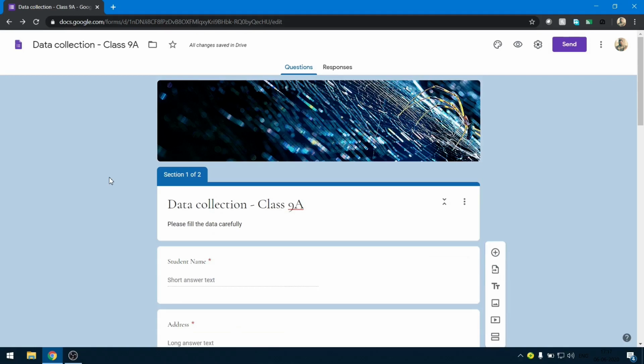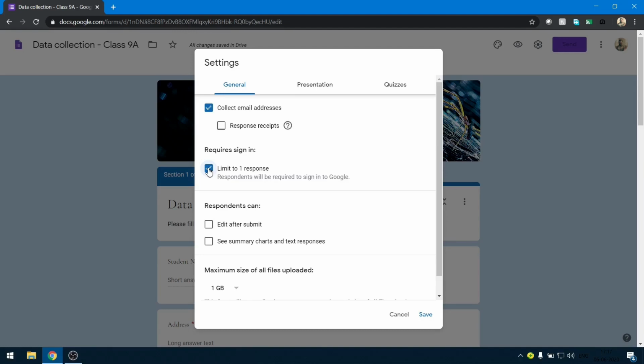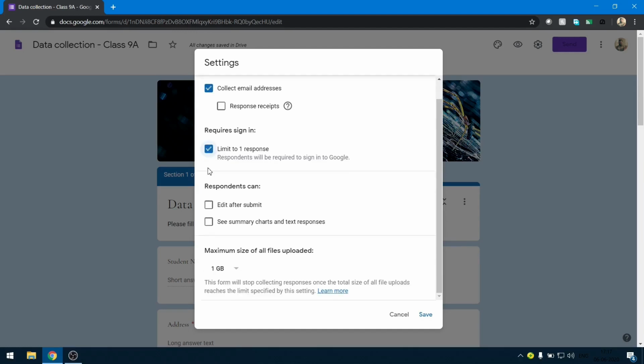Now it is time to set some privileges and form settings. Under General tab, you can check whether this form collects the email addresses of the students or not. You can always limit the response to only one so that the student will have to sign in to a particular Google account and the student will be able to submit the form only once.